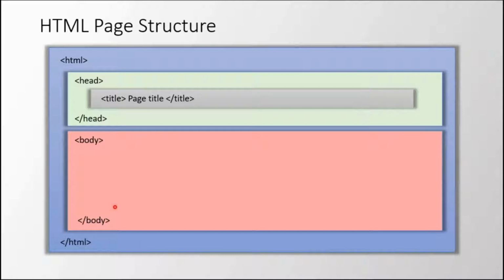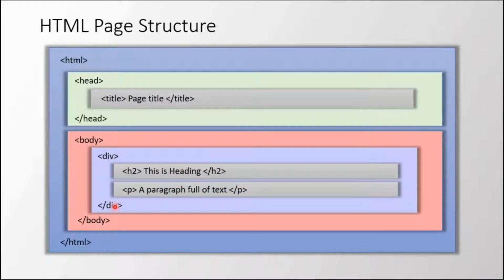It can also have some meta tags and another style tags or script tags, but they are not going to be displayed on your web page. So whatever you include in head tag will not be displayed in the web page. So if you want to display anything, it must go under body. So body holds the actual content that is going to be displayed as part of your web page.